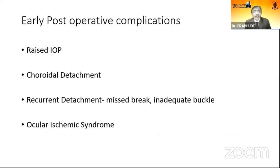on table itself. Now, in the early postoperative period, you may have raised IOP because in most of the detachments, the patients have low IOP pre-surgery, and after you attach the retina, the pressure may go up. You have to be watchful for that. There may be choroidal detachments. If it is minimal, it can just slowly get covered, but sometimes you may have to resort to giving systemic